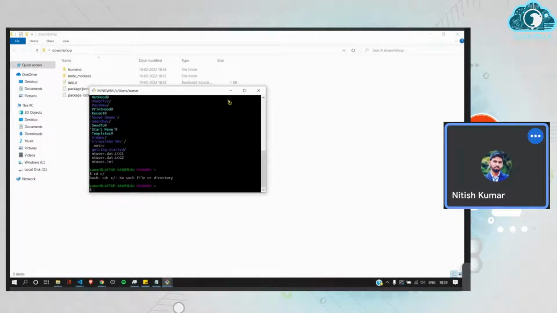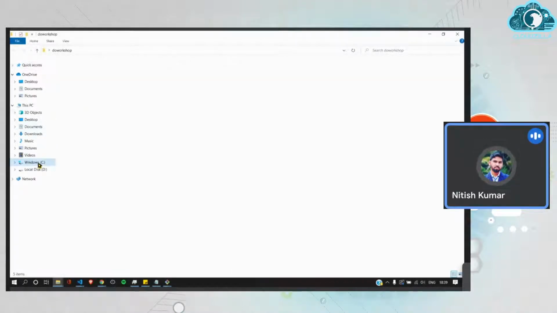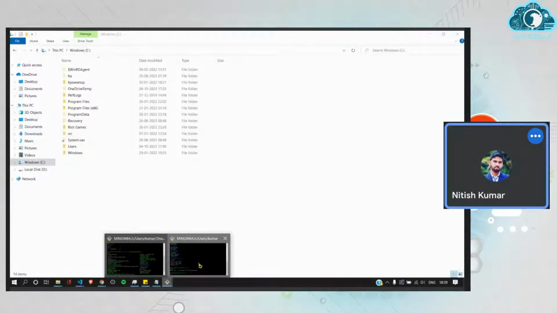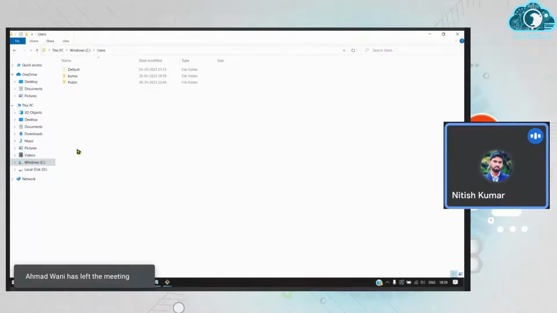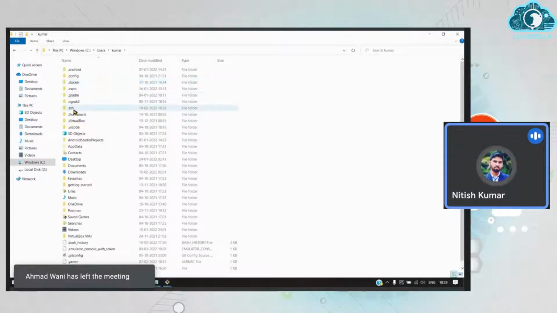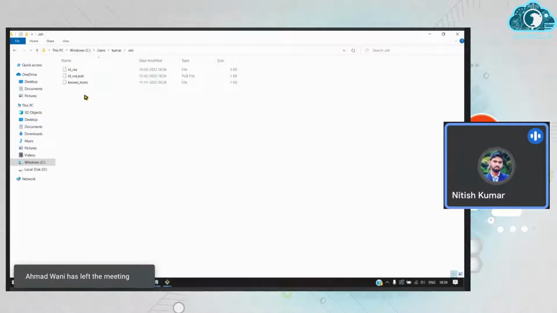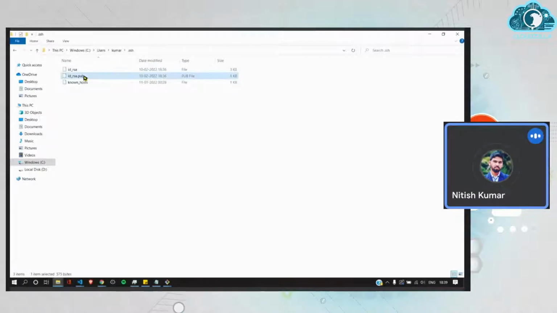Let's manually go to that location. C, Users, then your user name. There will be one folder, SSH. They have generated two keys: one is the public key, and the other is the private key. Pub means public key. So let's copy